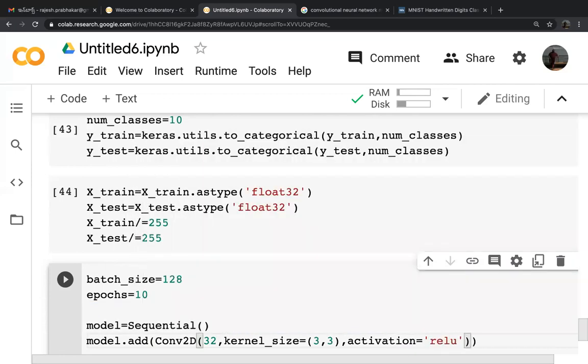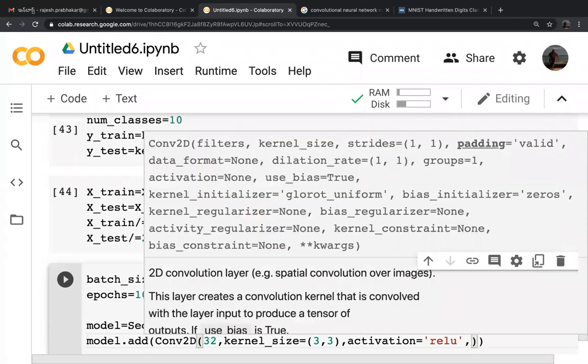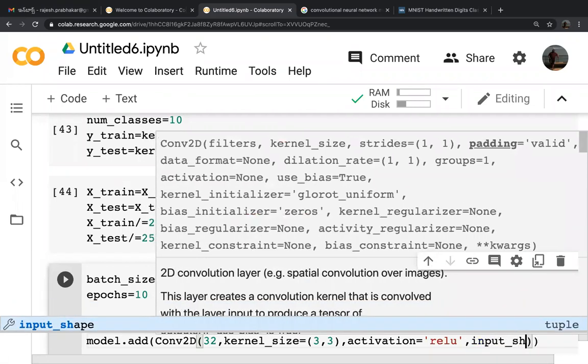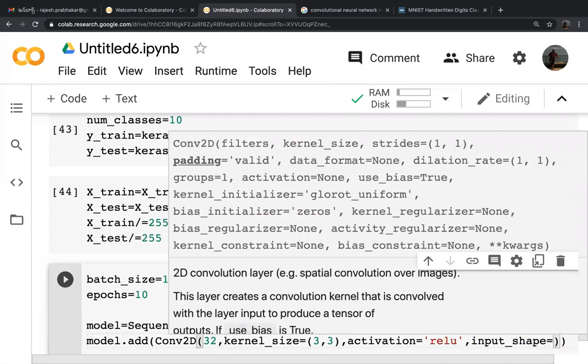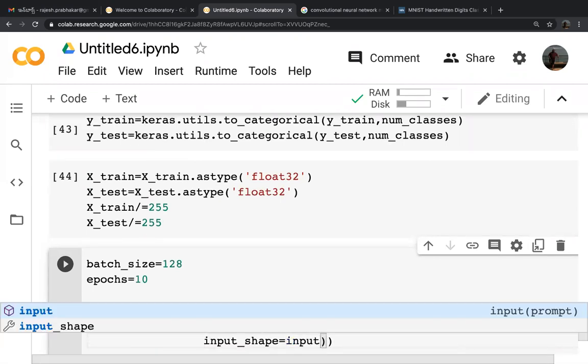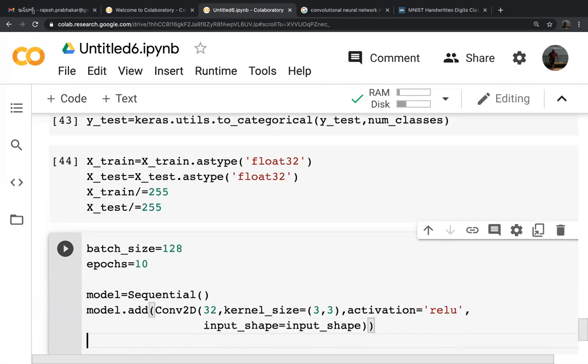We are using ReLU activation, and input_shape is equal to input_shape.